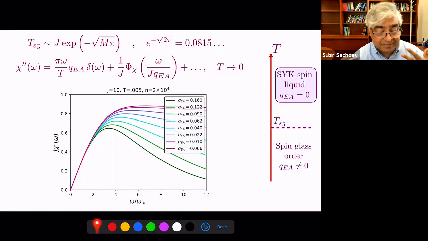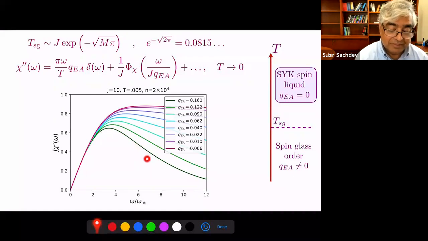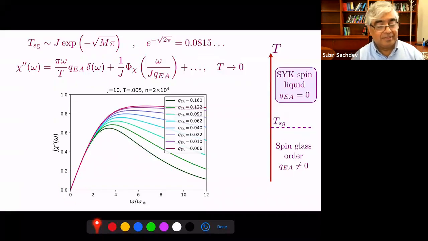So this is really a crossover, and it's a soluble model, a baby model of a gauge theory with finite density matter, where you can go from a deconfined state, this is sort of like, if you wish, the quark-gluon plasma, to a confined state, which would be the baryons. In this case, they appear as these spin glass states.